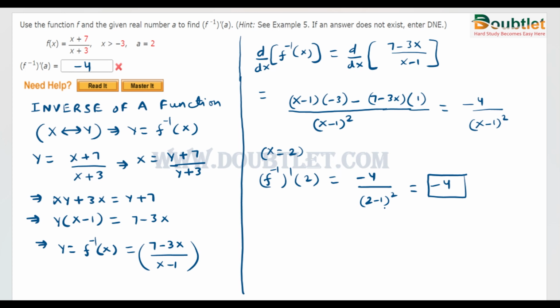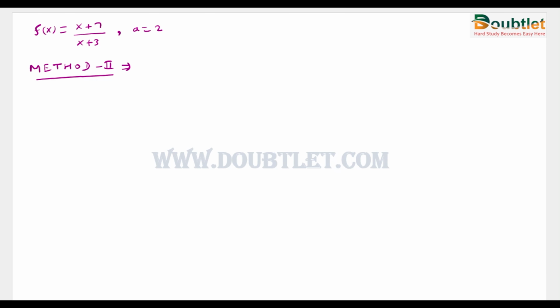We can also solve this question by another method. So now we will solve this question by method 2. Earlier, in the previous method, we directly found the inverse of this function by replacing x with y, but in many cases it is not possible to directly interchange x and y and then find the inverse. So in those cases we will use the formula. The formula is, if you want to find the derivative of an inverse function at x = a, we need 1 divided by f dash of f inverse a. So basically this is the formula.